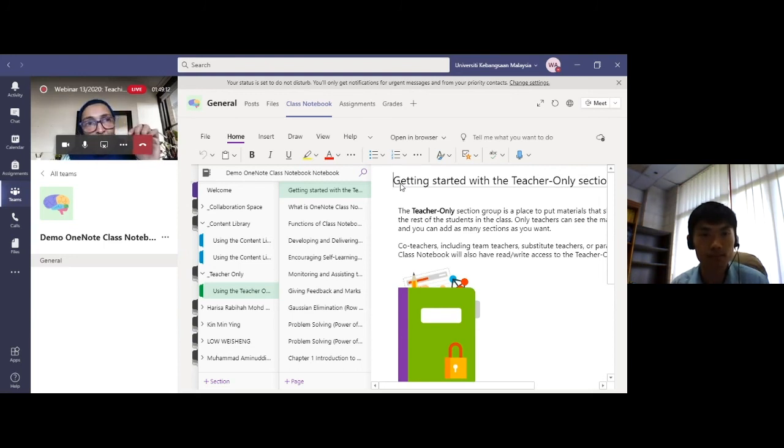With the immersive reader, do you have to type it before it can be read, or can you have like a screenshot? I think for the current moment, it can only read out the text. That means you need to type it in. Yes. For example, if it's a poem, or excerpts from a novel or whatever, it has to be typed in before it can be read out loud.